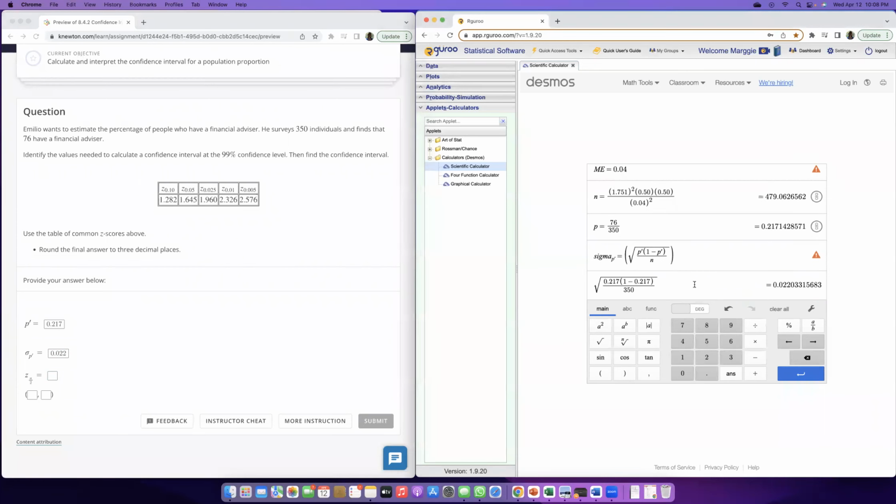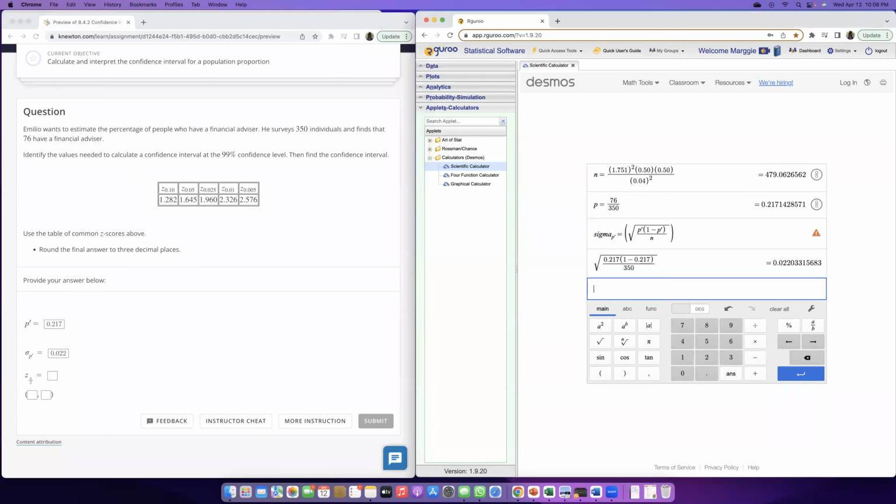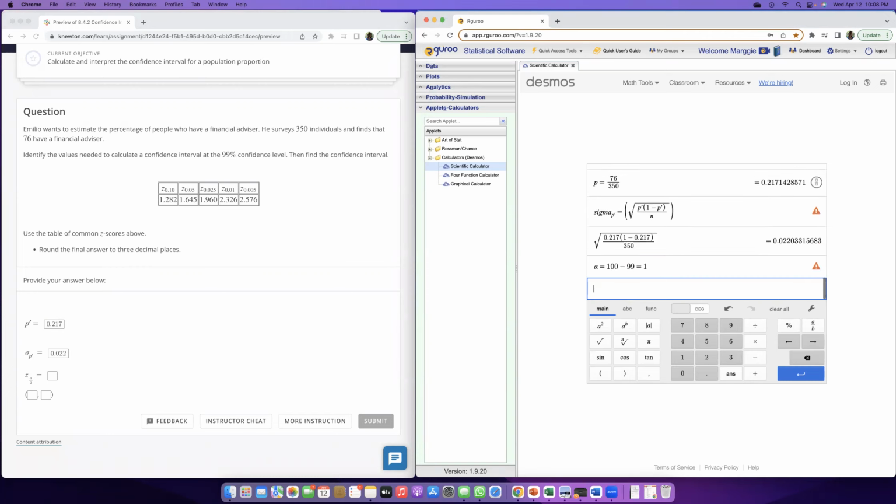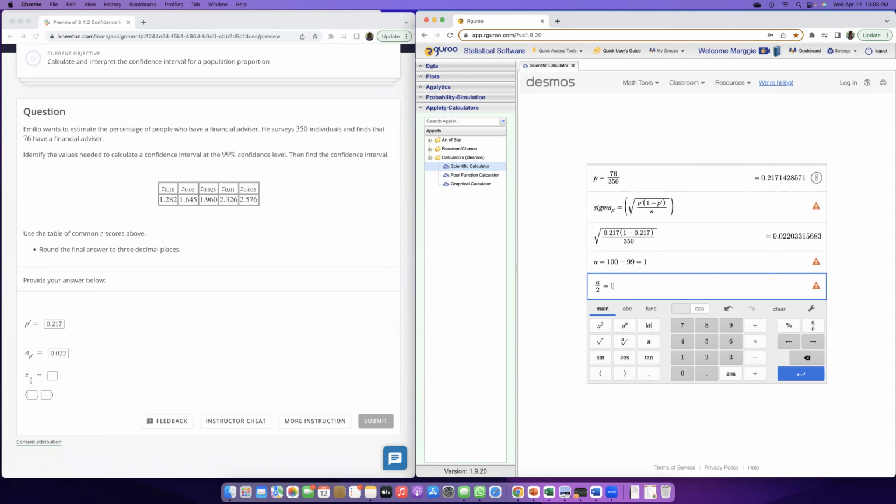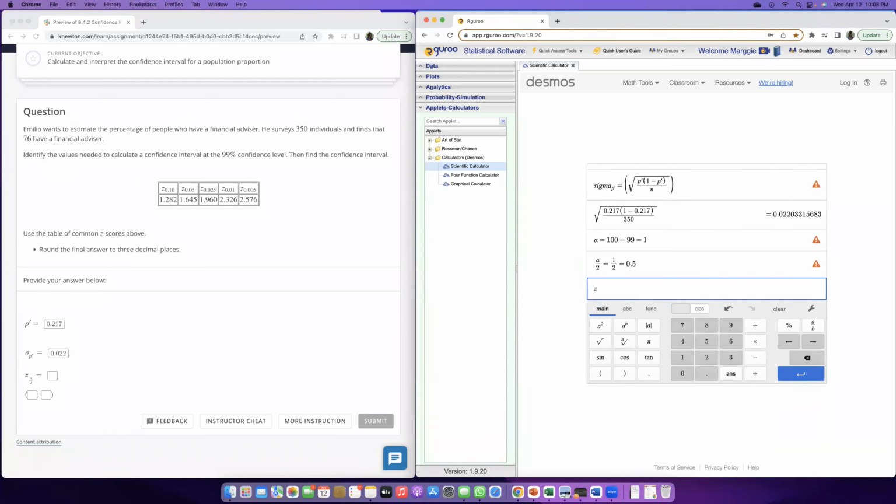The critical value, again, alpha is 100 minus confidence level, which is 99. So I only have a 1% left. So then when we do alpha over 2, we have 1 divided by 2, which is 0.5. So then when we rewrite this, alpha over 2 is the same as C of, remember that 0.5 is